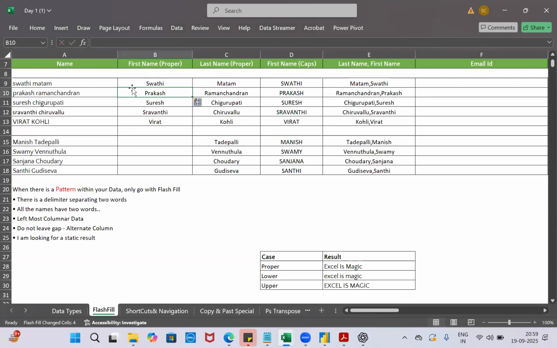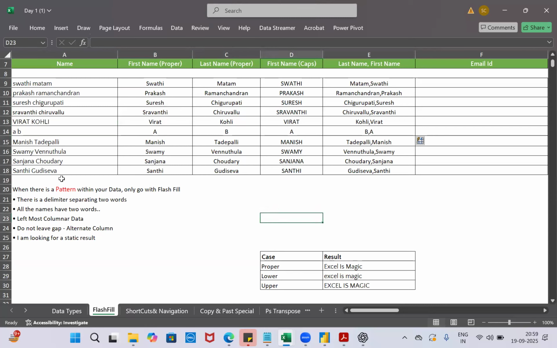Say Control E. What is happening? Till where is the data continuing? Only there it is coming. The remaining part is not coming. Why? Because there is a gap here. So the gap should not be there. Do not leave a gap. No alternate columns as well. It should be a continuation.